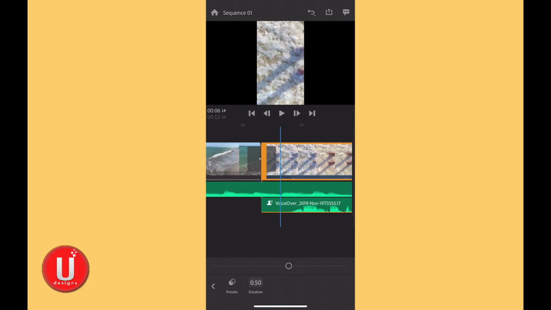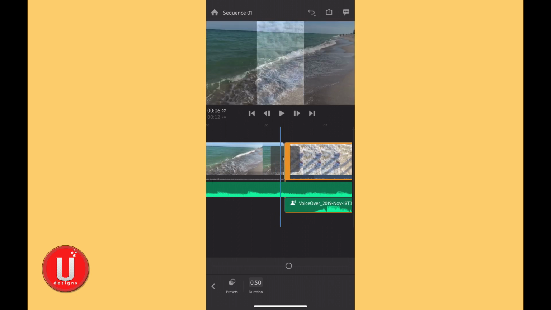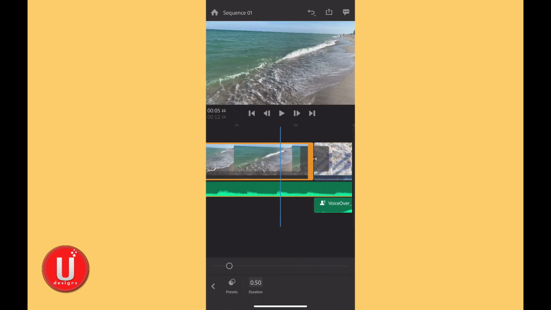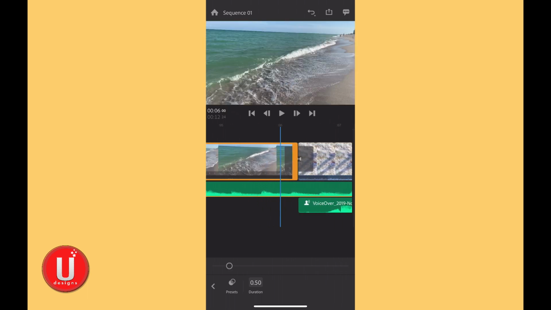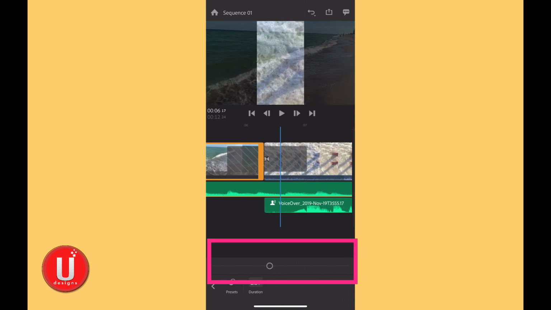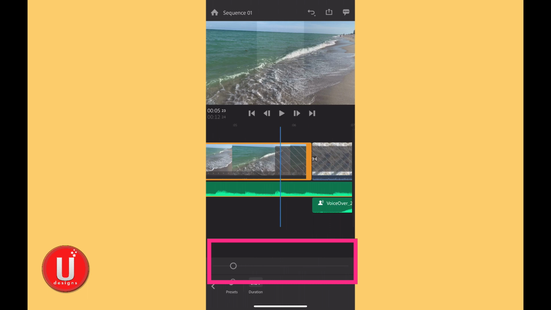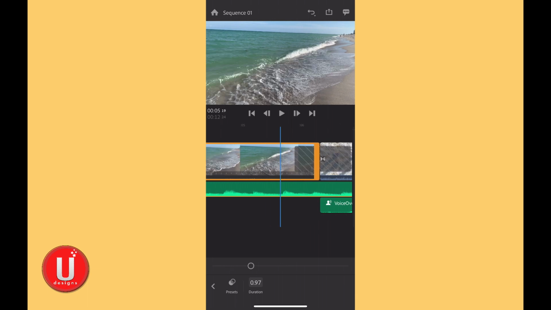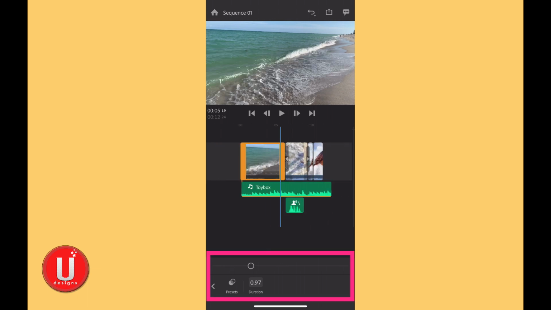And now you can see right here, I have this kind of a gray icon graphic here between the clips, and that is going to show me my transition. So I do have the option to extend this transition, and you can see there that it's extended, or I can decrease it. So you do have that own control to tell it how long you would like that transition to be. So if I pinch it back and I play